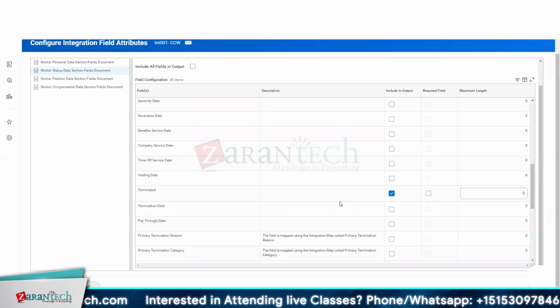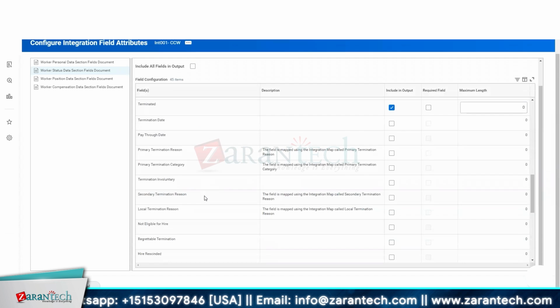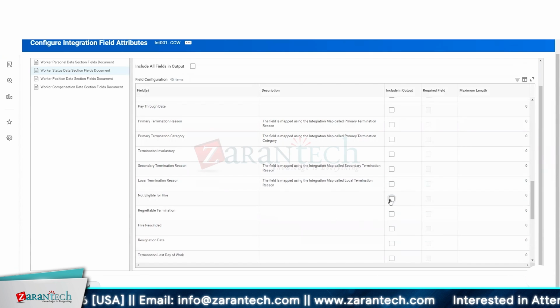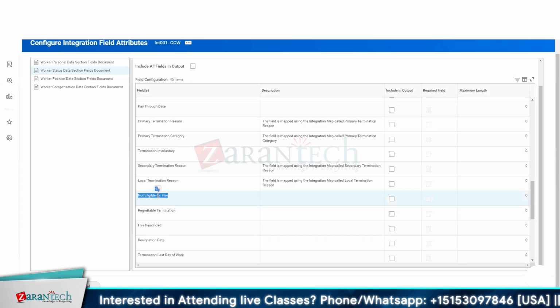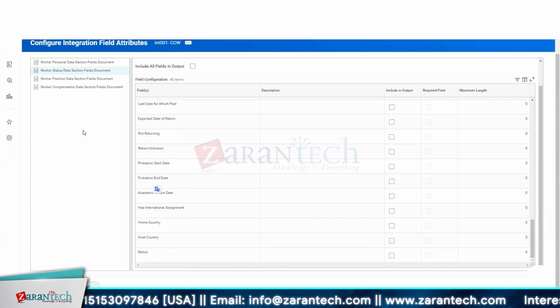If you need to include the pay through date and all the termination related details, we can add that here. If that employee was, say, involuntarily terminated, then that person may not be eligible for hire anymore. And all the details